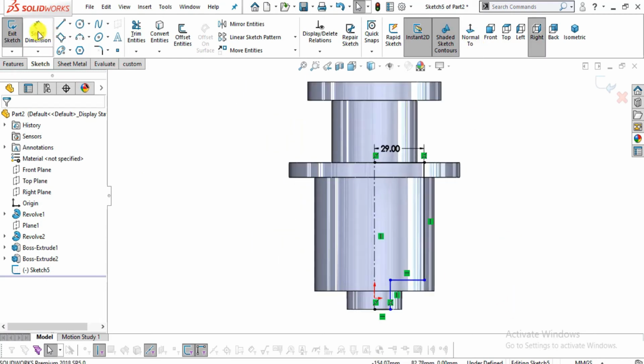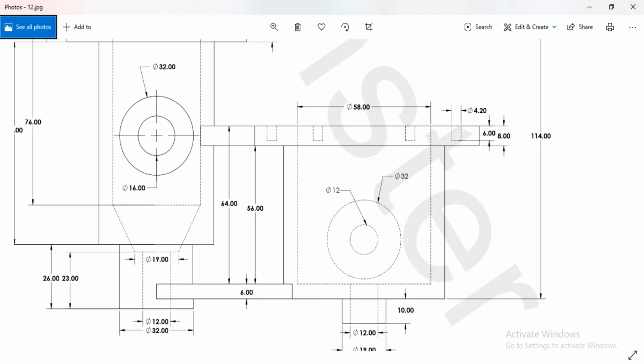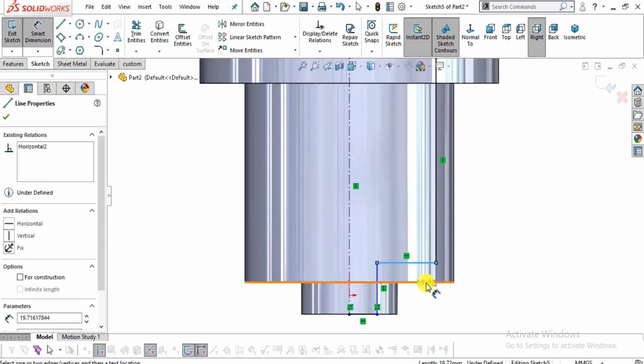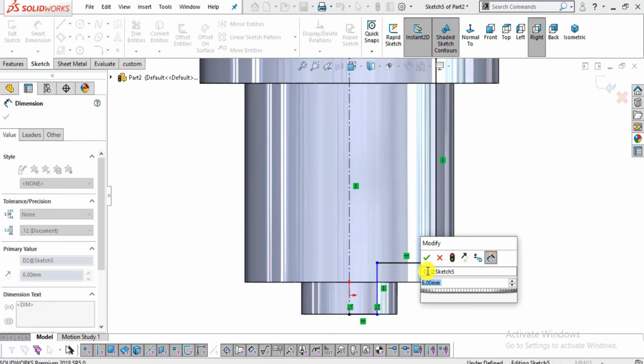Now go to smart dimensions. Now select, you can see from here, there is 6 mm gap between this inner thickness and wall. It is 6 mm thick. So select this one and this one. Enter the value of 6 mm, click here OK.